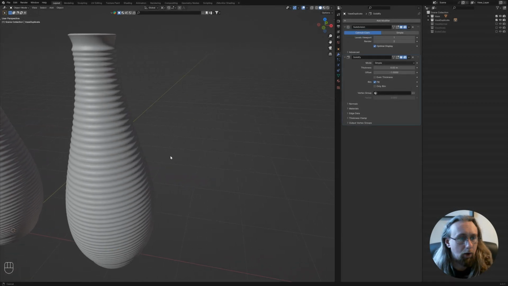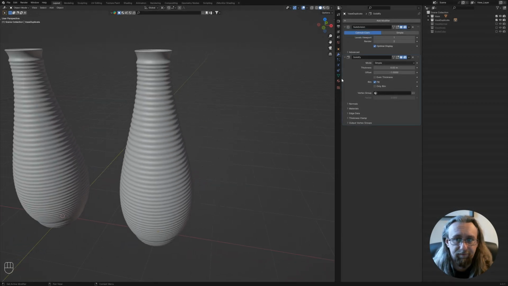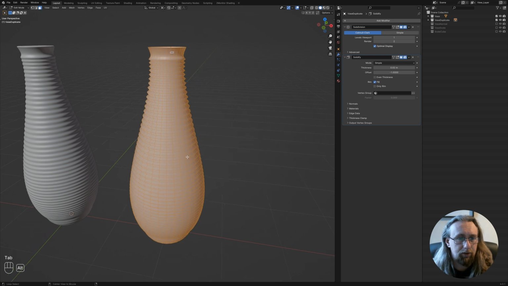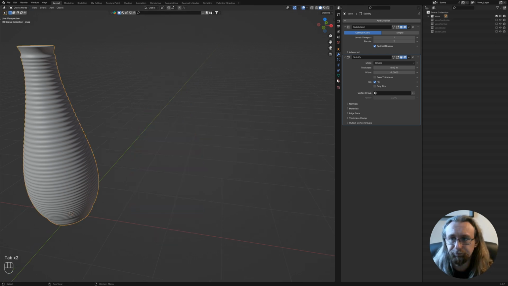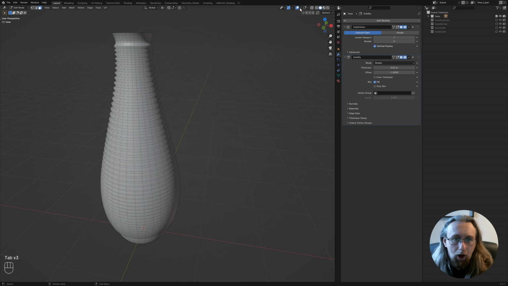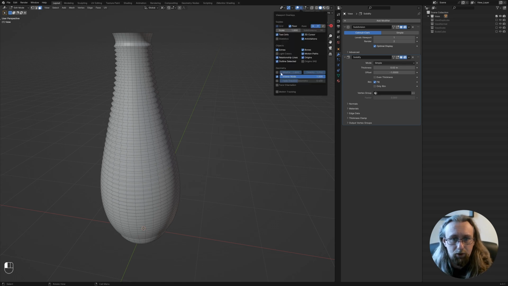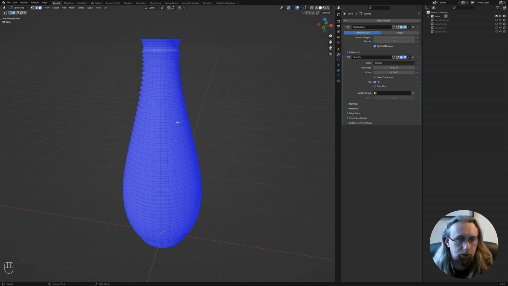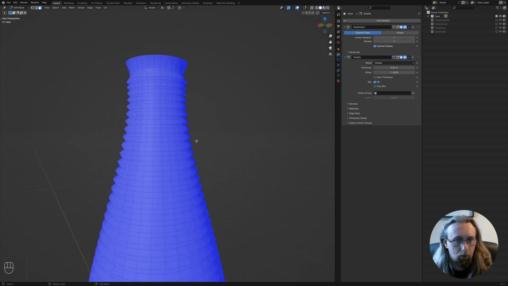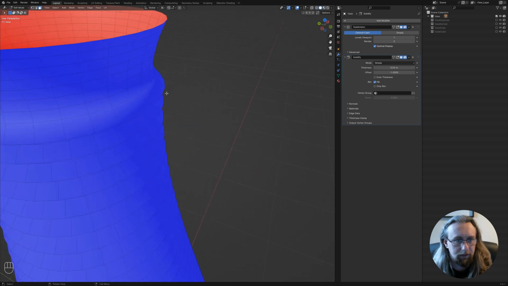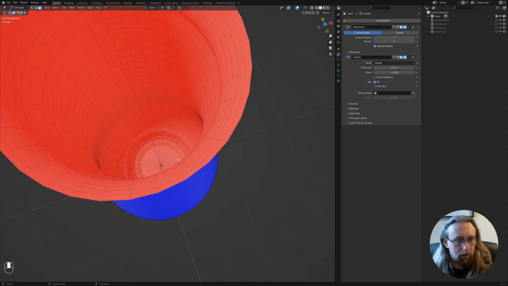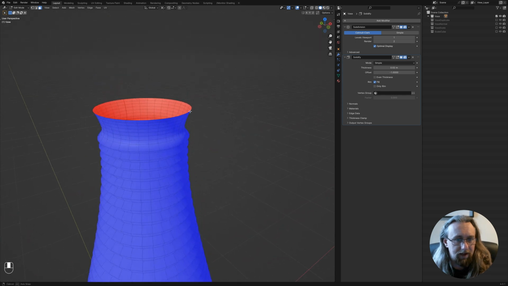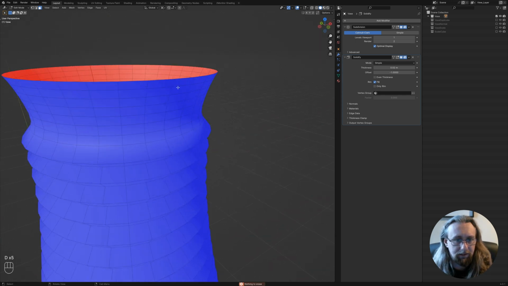The second issue that we're going to look at is issues with our face normals. So before I turn on this one and show you the problems, let's have another look at our original. If we go up here to our overlays, click this little drop down, we can turn on face orientation. And what this is going to do is show us the direction that all of our face normals are pointing. All of these are blue and the insides are red,